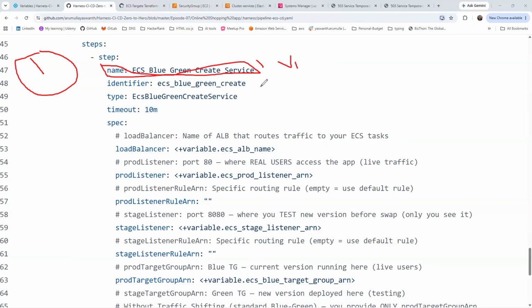I will change the color. It will register first. It will create that V1 and it will create the green one. And after that, the staging listener is port number 8080. That 8080 is a green TG, and that green TG has a V1 version. And the staging and TG has,